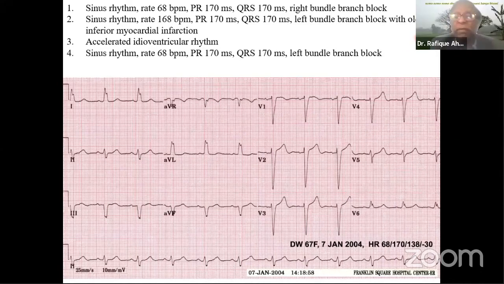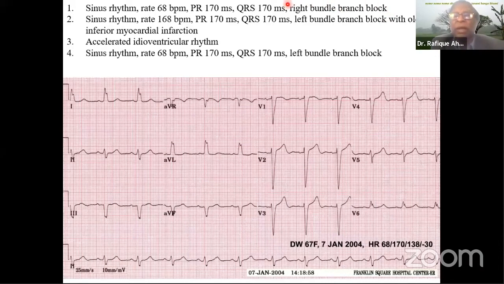So in the setting of left bundle branch block, it is very difficult to diagnose inferior MI. Also, if you look carefully in lead 3 and AVR, there is a tiny R, so that is not a Q wave. But in some left bundle branch blocks you can see a pure Q wave, and it is very difficult to comment on that. The point is well taken: in the lateral chest leads, T should have been inverted in the setting of left bundle branch block, so this is not a normal finding, because it is normalized. Please remember that the majority answered number 4, which is the correct answer. And 3% said right bundle branch block.